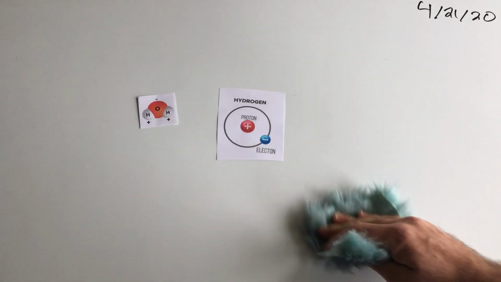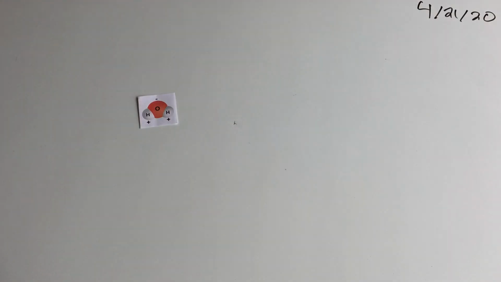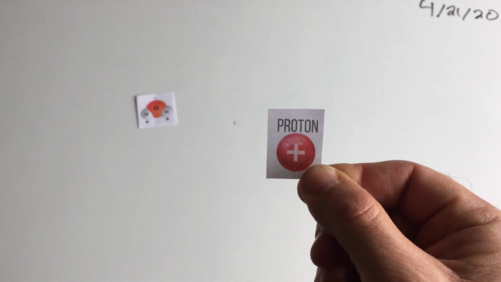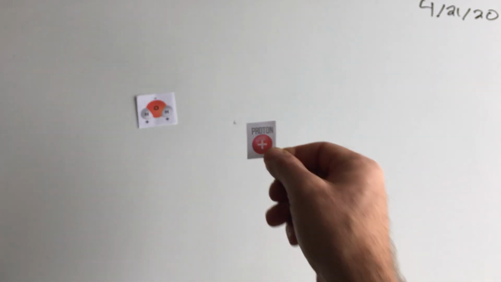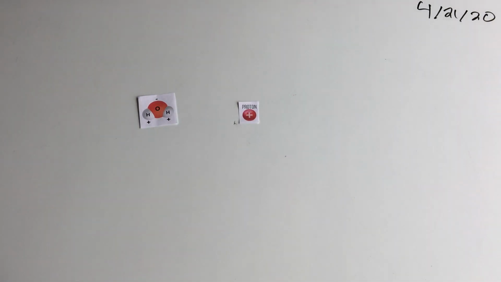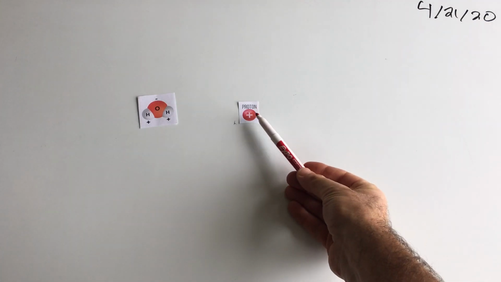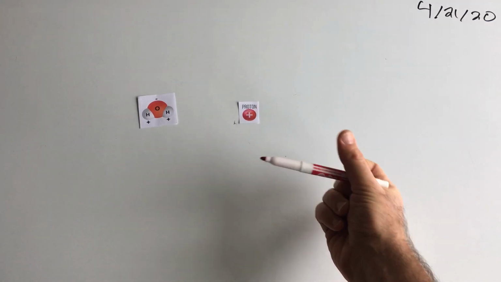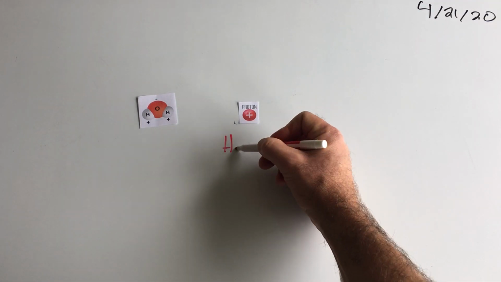But what if it lost that electron? And what if it was just a single proton? Now remember, if it's a single proton, in order to be on the periodic table and to be listed as an element in this universe, it has to be an atom. And it has to be carbon or oxygen or nitrogen or argon or something like that. And every atom that only has one proton gets the fun name hydrogen.